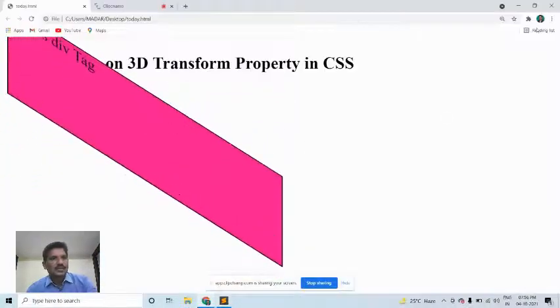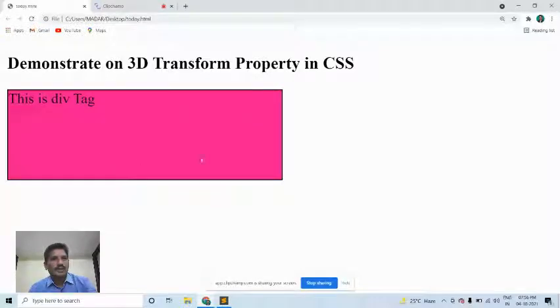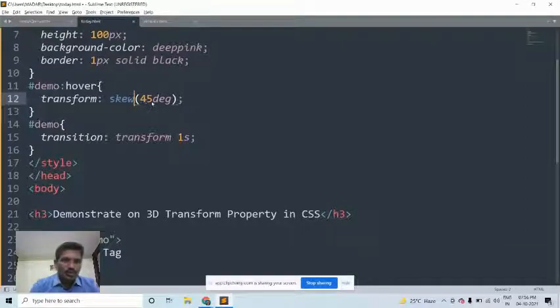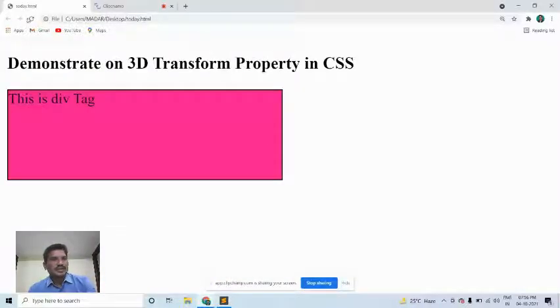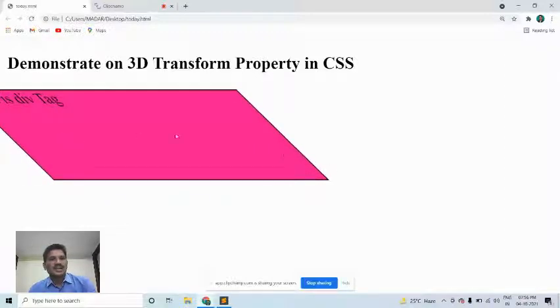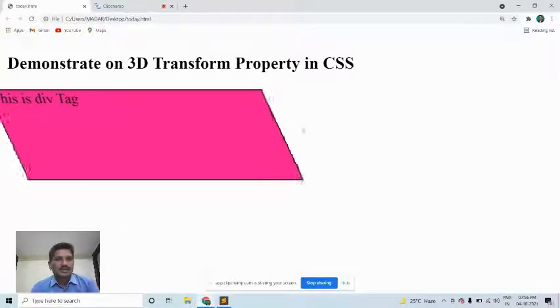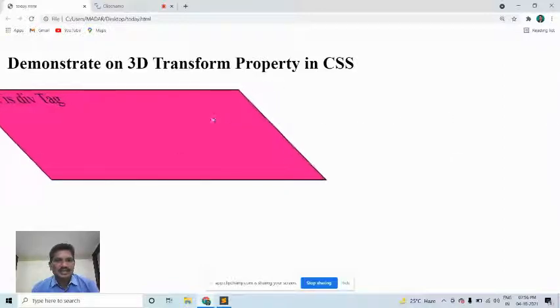We will see. There is no such method; skewZ does not perform any operation. Then use skew only, which by default is in the X direction. You can see here X and Y. See how the object can be skewed.